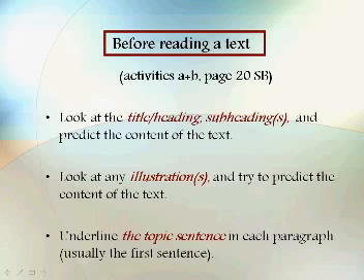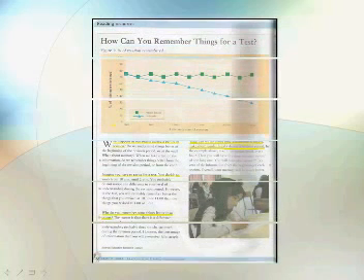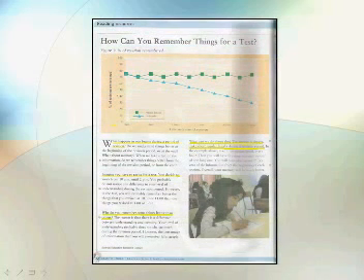In order to understand this better, we'll have to give you one of the texts in your book. Look at this picture, please. This is one of the texts in your book. It's, as you can see here, on page 22. And here you can look at the title. Where is the title? That's it. This is the title. Who can read the title? Yeah, look. How can you remember things for a test? This is the title. The title tells you a lot about the content of the text.